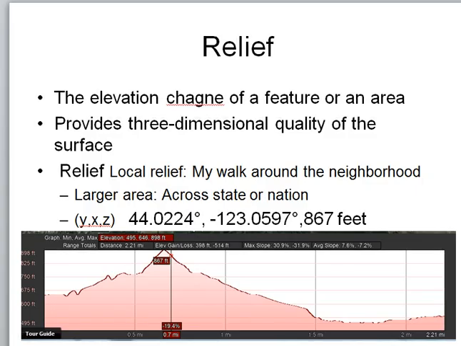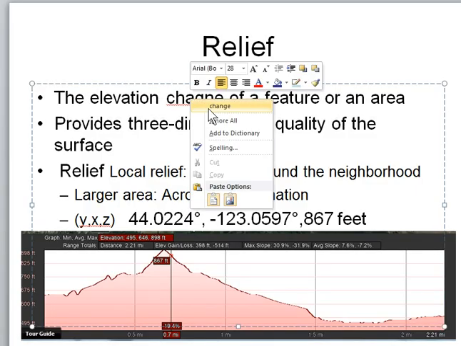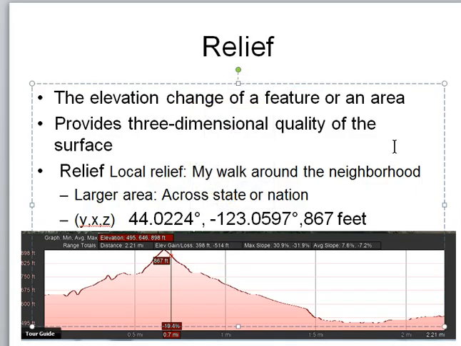So when I talk about relief, I'm talking about the change in elevation from one location to the other. And this could be local relief, like in Eugene, the difference between the valley floor and Spencer's Butte. Or it could be the relief of an entire country from sea level up to the highest point. And that idea of relief provides that three-dimensional